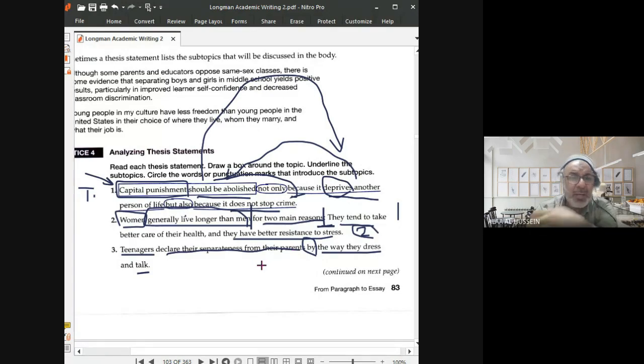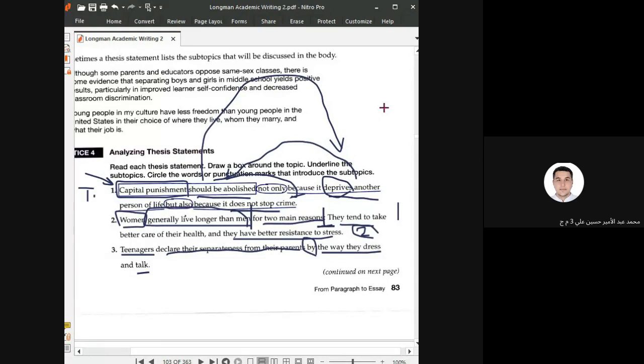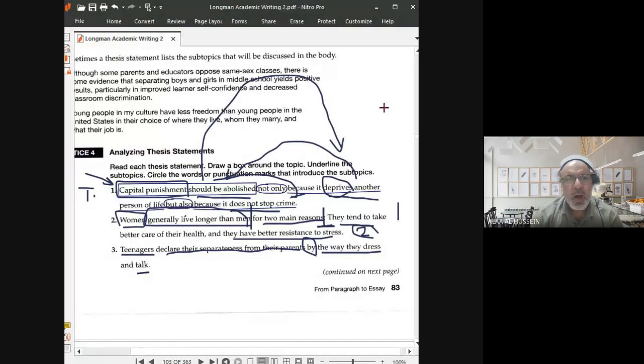The sub-idea is related to the idea. When we say, for example, section and subsection, the subsection belongs to what? To the section. When we say, for example, idea and sub-ideas, the sub-ideas are related to what? To the idea. Okay, good.